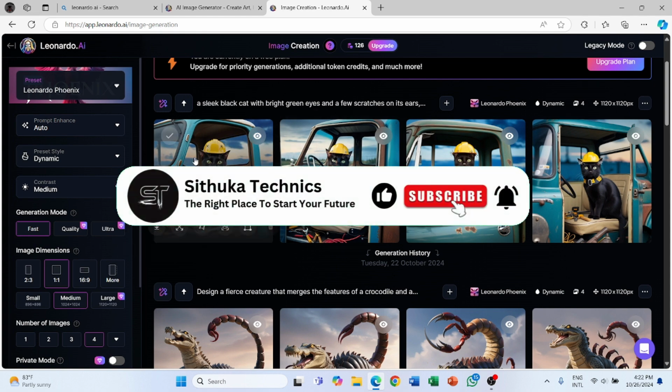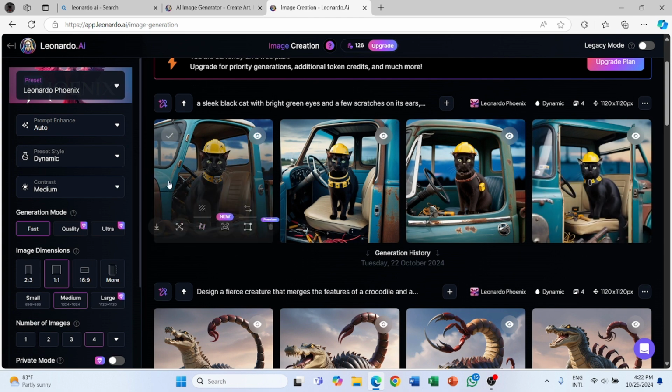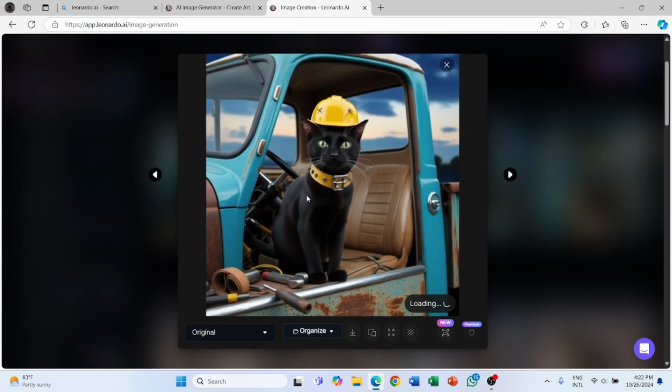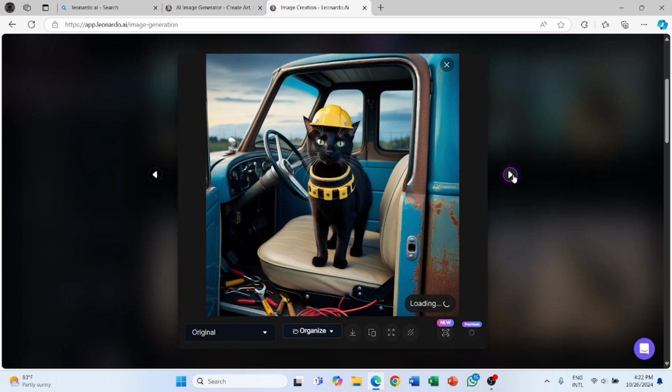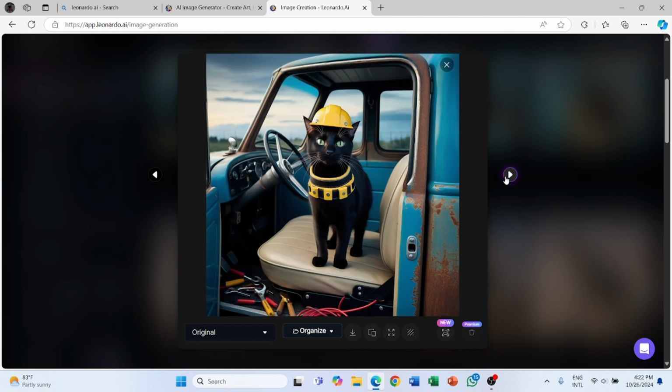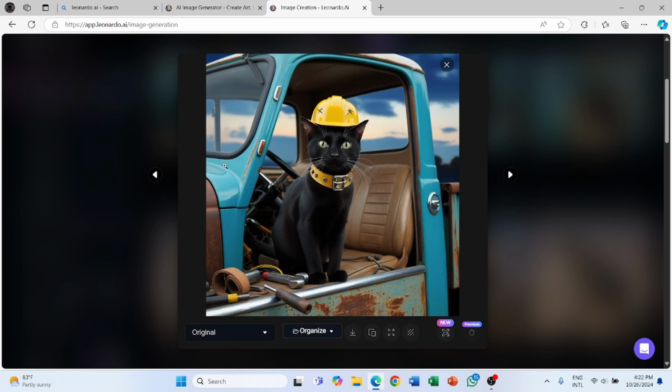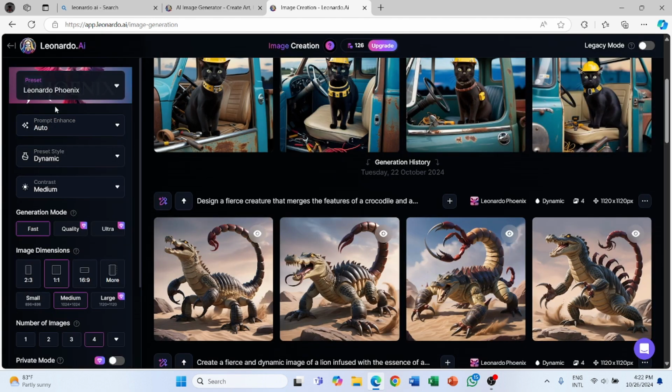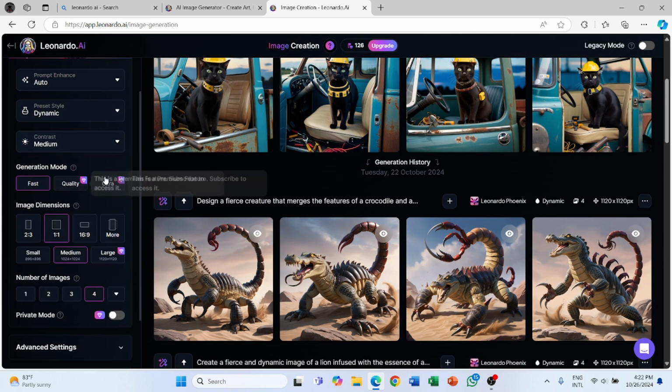Okay, you see there are 4 images. You can see the quality of this image. Okay, in this part, you can change your scale. Select this, you can make